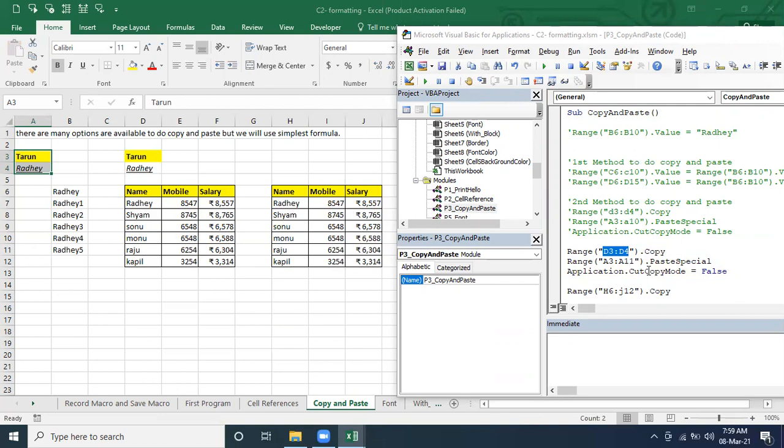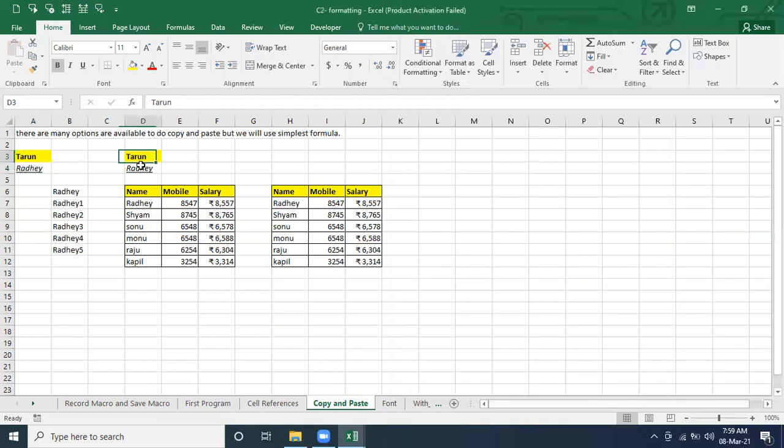So we have to observe whatever range we have. If you are going to define the range like in two pairs, then it will work here. If you are going to pass this range, then it's going to paste. And if you are going to pass like this, then it's not going to work.